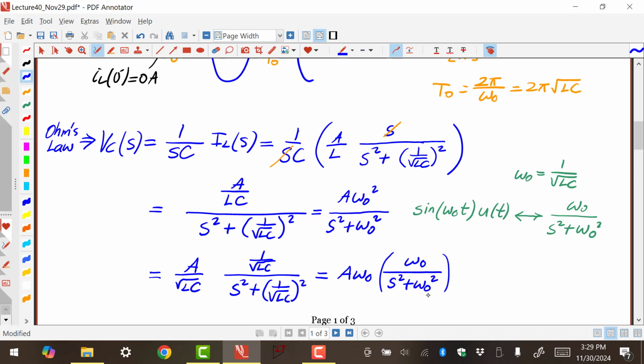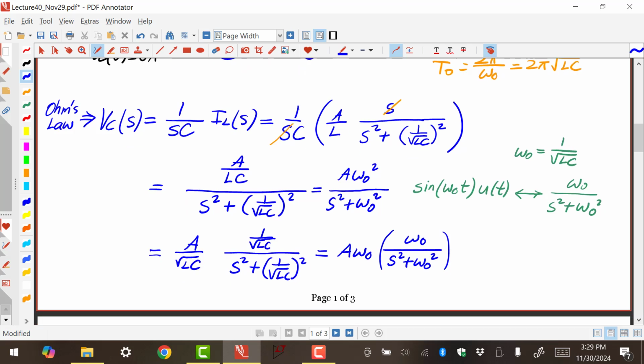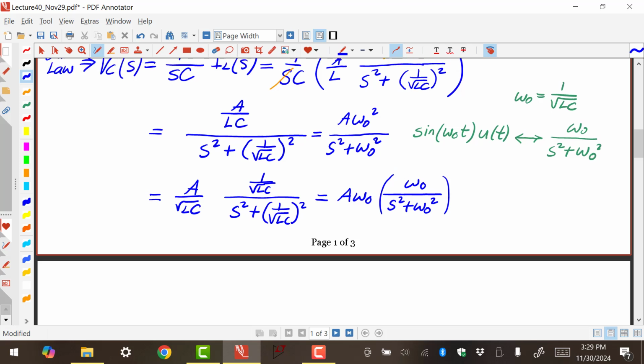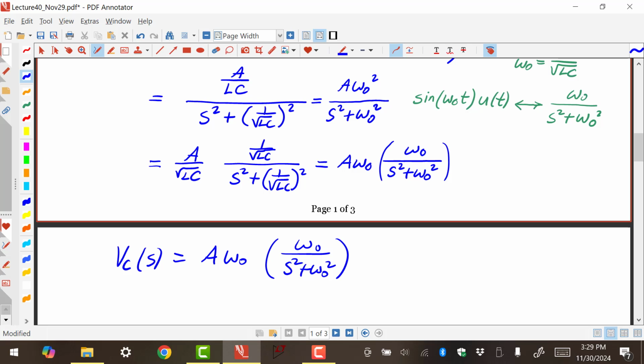That's just a sine, sine omega naught t u(t). And A omega naught is a constant. So what that means is, if I write VC of s again here, VC of s is A omega naught times omega naught over s squared plus omega naught squared. And if you do the inverse Laplace transform of this, you get